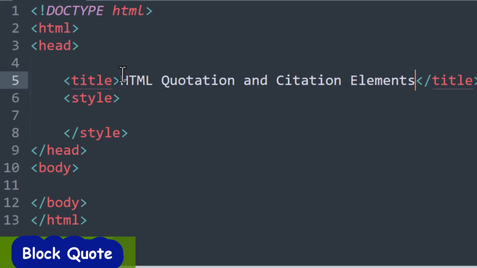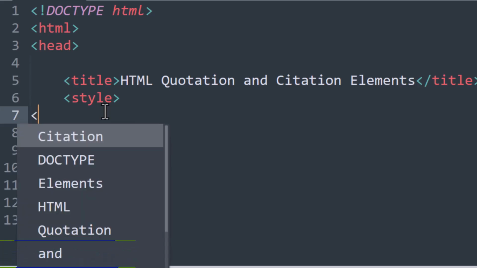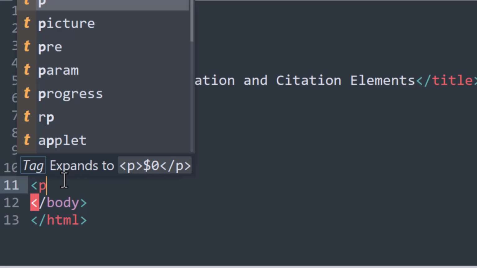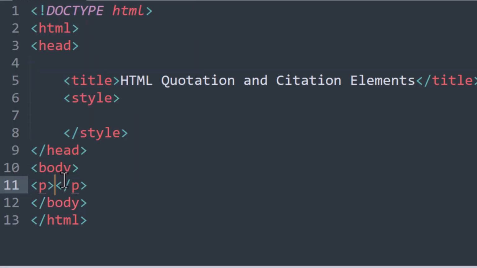So let me just do it. I will create a p element here. I don't know why I normally say p tag. Maybe I should learn the difference between a tag and an element. Anyway, in the p, I'm just going to say that here is the quote